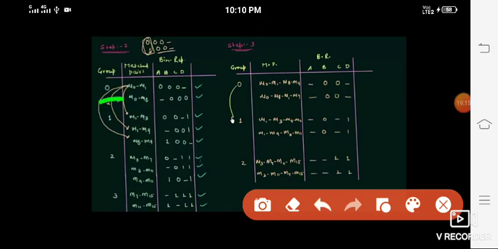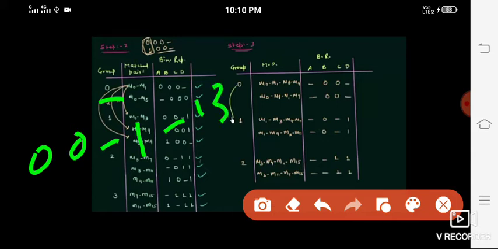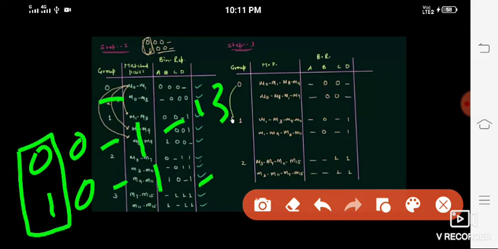1 3 we are not getting in the first equation, so note down the 1 3 equation, 0 0 underscore 1, this is the value of 1 3. So again we have to observe 1 3, 0 0 underscore, in the third position underscore is there. We note down that value 1 0 underscore 1. This one will be the same, so here the difference is there, so we note down 1 3 and 9 11. So m1 m3 m9 m11, so we are comparing.